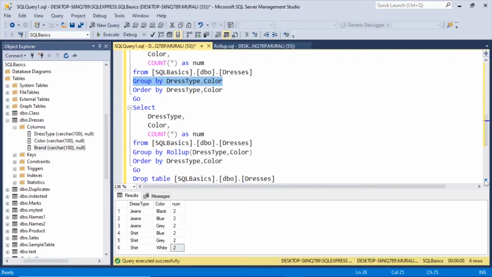Now for the same query, select dress type, color, count of star as num from SQLBasics.dbo.dresses. Here we are saying group by rollup of dress type comma color, order by dress type comma color. So if I execute this, I got null null and 12, jeans null 6, jeans black 2,